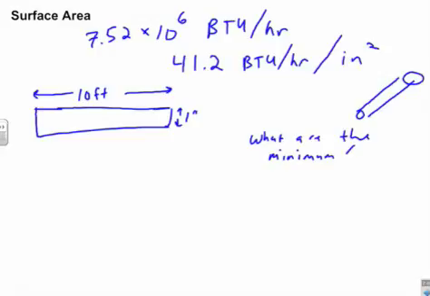Minimum number of tubes in heat exchanger. HX is my industry abbreviation for heat exchanger. So we're basically looking at the surface area of a cylinder, because a pipe is long and it's round. And so when you're calculating the surface area of a cylinder, what you want